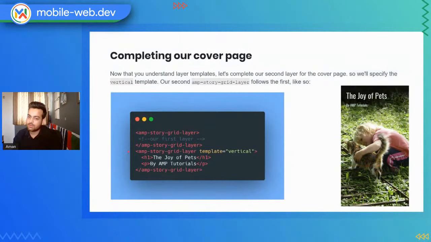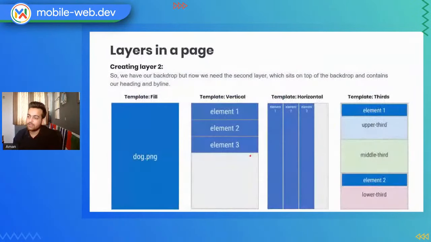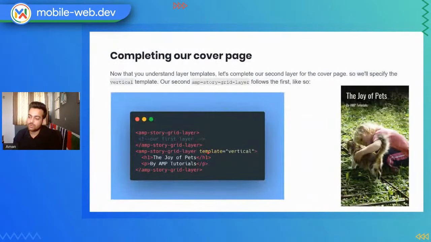Then you have another layer for this text, and we have named this layer template as vertical. Now if you go back, you see that the vertical template layer is where every element is stacked one over another. So whatever we insert inside this template, h1, p, or whatever element attributes you use, it will automatically go as a stack inside your AMP grid layer.